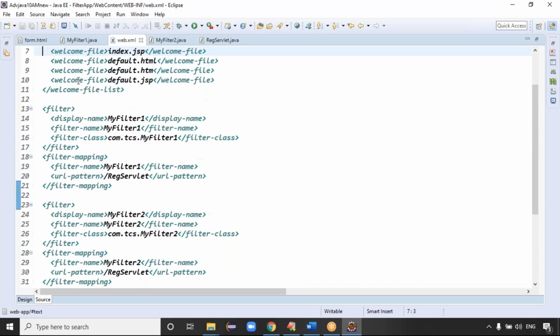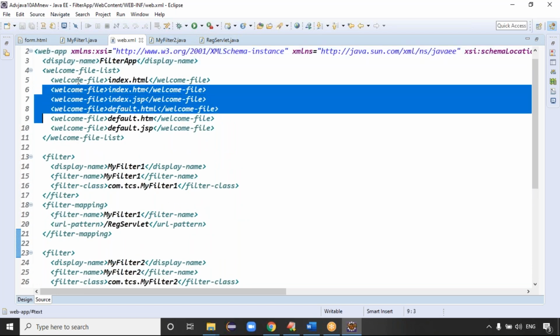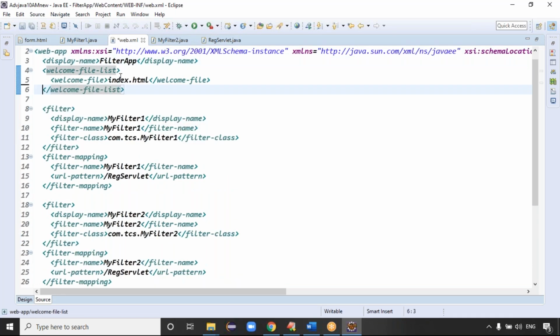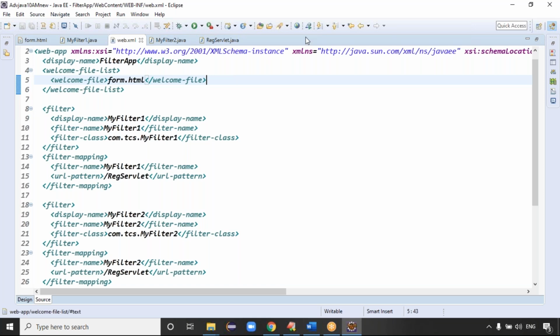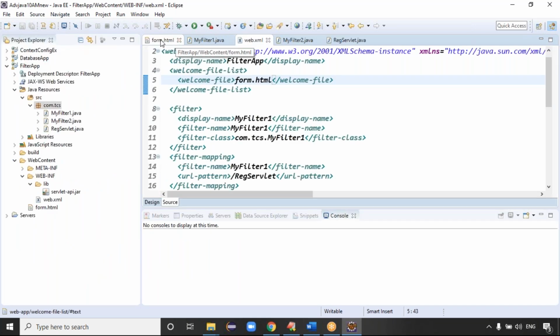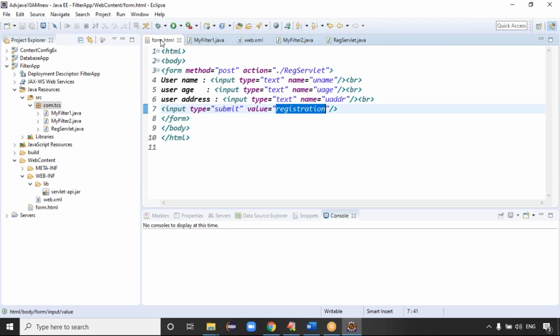Yeah, the welcome file list, guys. In my application, what welcome file can I take? This is the form.html file, right? I configure the welcome file also. Exactly. Guys, now start implementing the code. Configurations are clear.